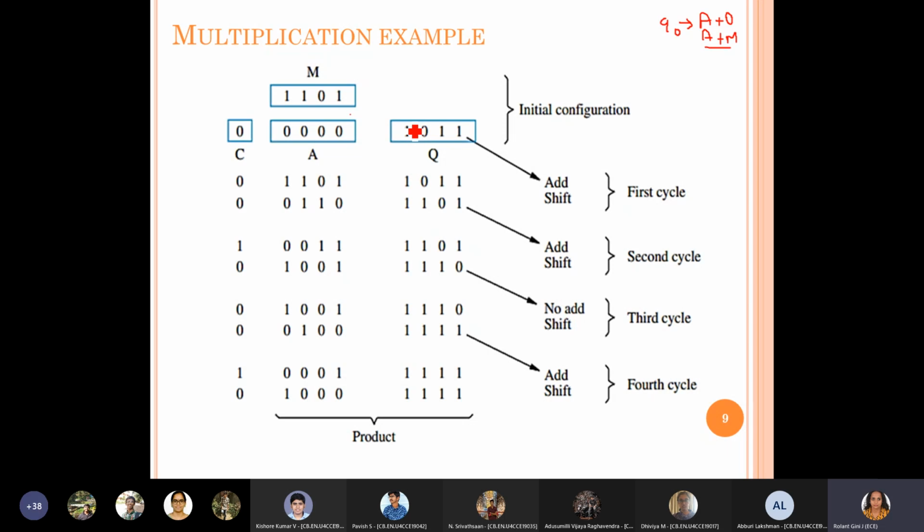How it works, whatever design we have given, has been explained here. You can go through it, work it out, and then clear it if you have any doubt at any stage. After you work it out, if you are clear with that, we can discuss.